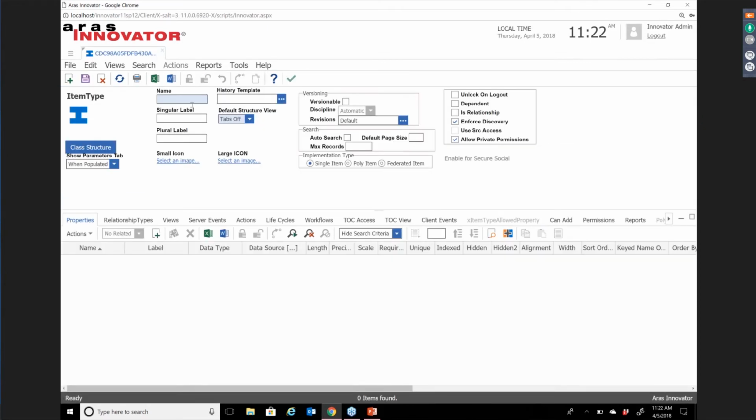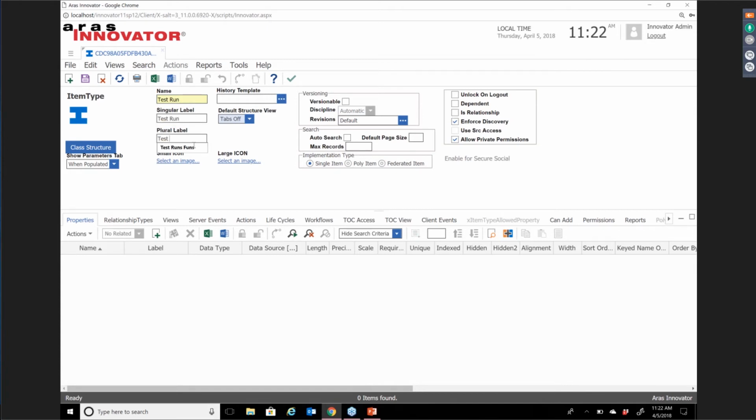So this is just like we looked at the item type part before and we added new properties to it. Here is a case of actually modifying the data model that you get out of the box with Aras Innovator and adding a new item altogether. So the item's going to be called test run, not a shock. We're going to give it a singular name of test run, and then we're going to give it a plural